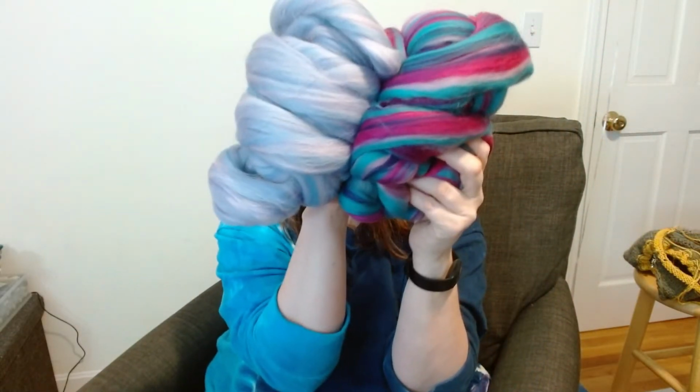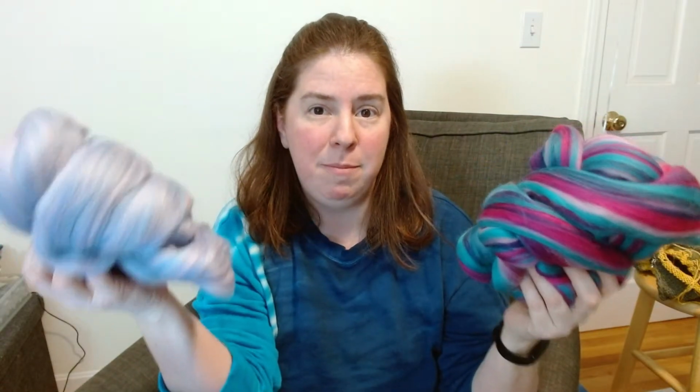But then other times you get different types of colorways. And even these two would be such an experience, spinning one after the other and just seeing how the yarn feels by playing with the color and how you decide to blend it. Because you could even divide this in half, and then on one, you could try to make more of a variegated yarn by sort of